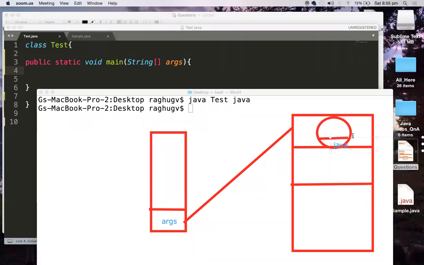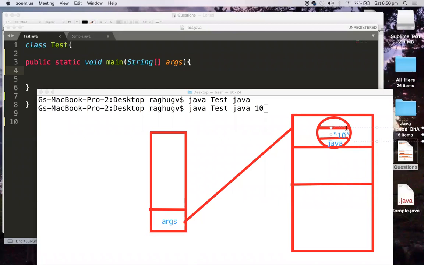Now if you pass any other argument, let's say we are passing Java, and I am also passing 10. So one string argument and another integer argument. Even though it is an integer, when it goes to the string array, this is slot 0, and this is slot 1, and here you have this 10 available like this.